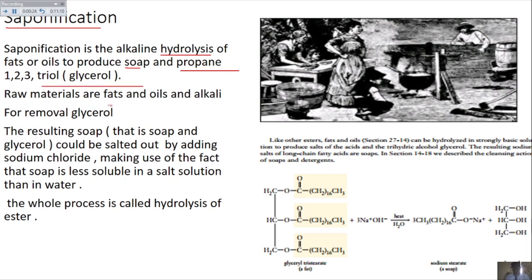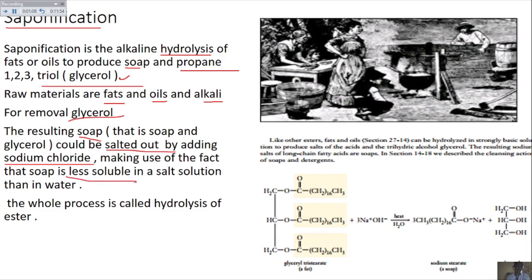The raw materials are fat and oils and the alkaline. Now I talk about removing the glycerol, because this particular glycerol you are seeing is a waste product. Sometimes they convert this waste product and make it useful products for some chemical industry. But in order to remove this glycerol, the resulting soap and glycerol could be sorted out by adding sodium chloride. Sodium chloride, you still remember, is salt. That's why we say sorted out by adding sodium chloride, making use of the fact that the soap is